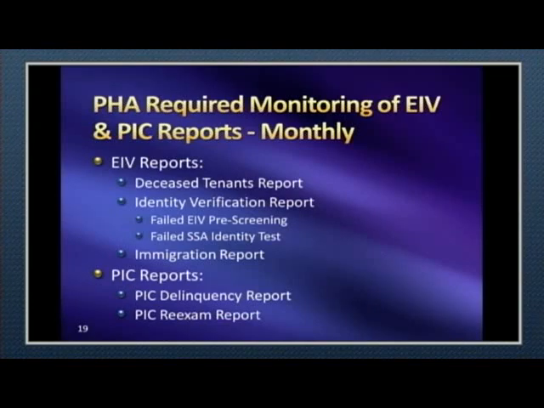First one being my favorite, the EIV Deceased Tenants Report, the Identity Verification Report, which consists of the failed EIV pre-screening and failed SSA identity test, and then your PIC reports. You need to be monitoring your PIC reports, specifically the PIC delinquency report and the PIC re-exam report, to ensure that you have your 50058 in a timely manner and making sure that you don't have any overdue annual re-exams.